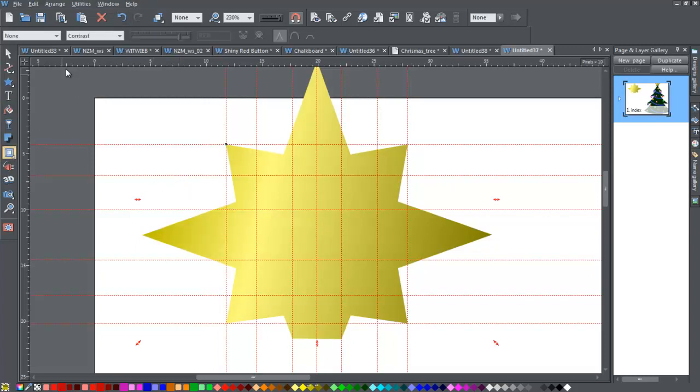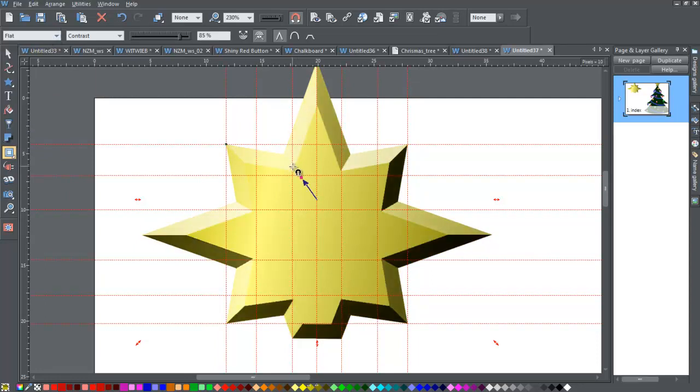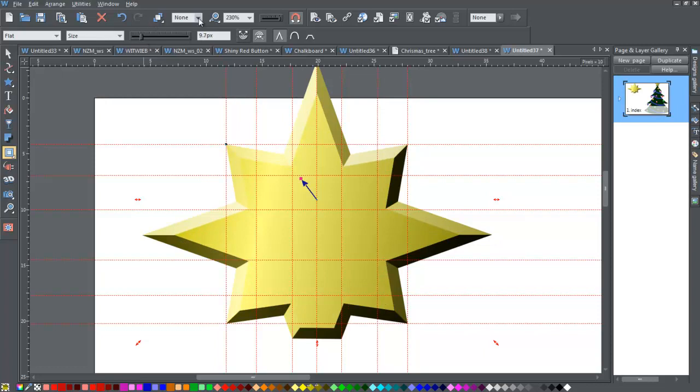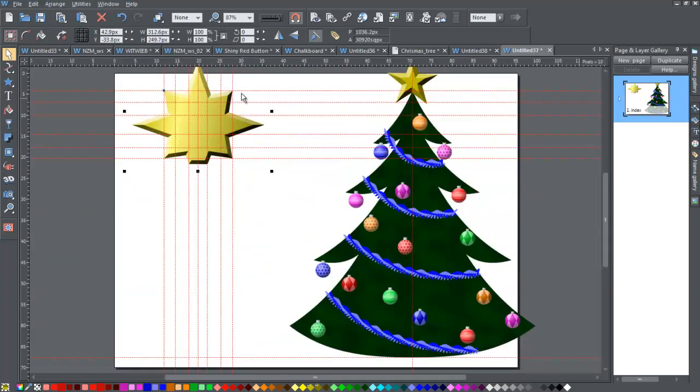And if I want, I can still add my flat bevel to it. I can change this slightly if I want to. Size, so it looks a little big. Right, something along those lines. About 9 or 10 pixels. You can just type it in. Also, if you wanted to, let's go with 9. That looks all right. And if I zoom back out to my page,